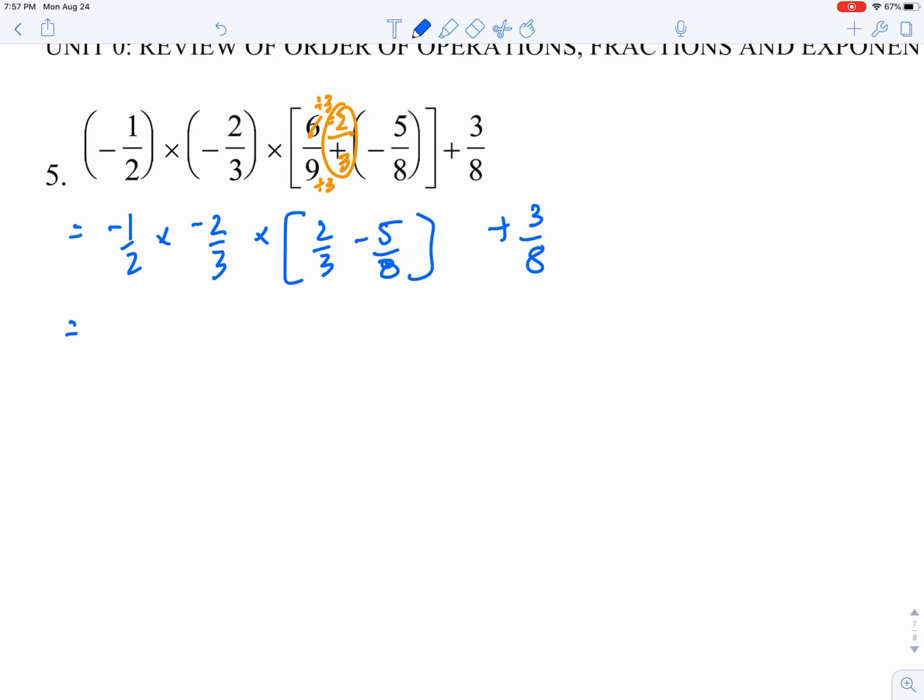Okay. So minus a half times minus 2/3 times. Now I'm going to do common denominator. So the common denominator is going to be 24. So times 8, times 8, times 3, times 3. So I'm going to get in the bracket 16 minus 15 all over